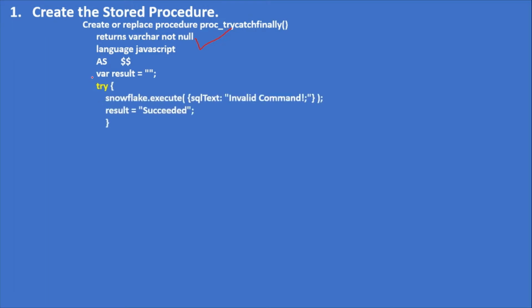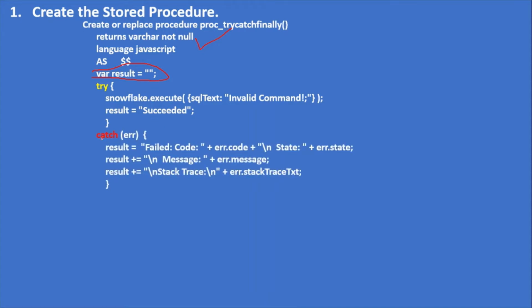Here this is the statement where you define the variable. After that this is the try block. In this block you can write your statements. After that you can specify the catch. Immediately once the try block ends, you have to specify the catch block. The catch block, as I said, will take an error object. That name could be err, e or any valid name.